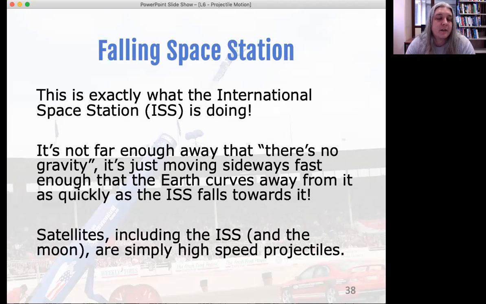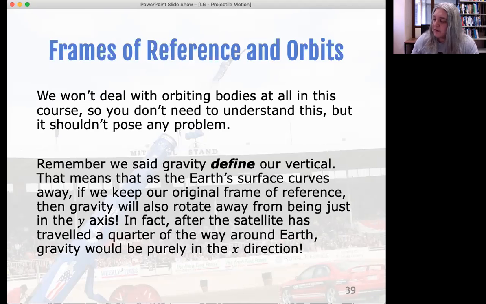So the people on the ISS, on the space station, or indeed any satellite or thing that's orbiting a planet or a moon, is just constantly falling. That's all they're doing, just falling forever. And so all satellites, all moons, everything, are just high-speed projectiles, but they're complicated by the fact that gravity is obviously pulling them towards Earth, and Earth is no longer a big flat surface like we assumed during our simpler projectile motion cases. So that's what I wanted to say about high-speed projectiles and orbits, but I just want to add